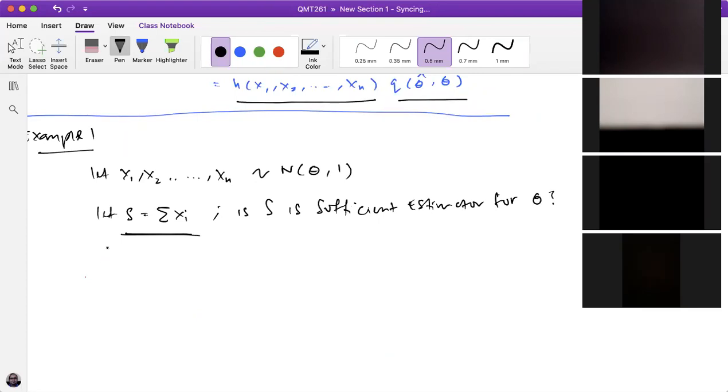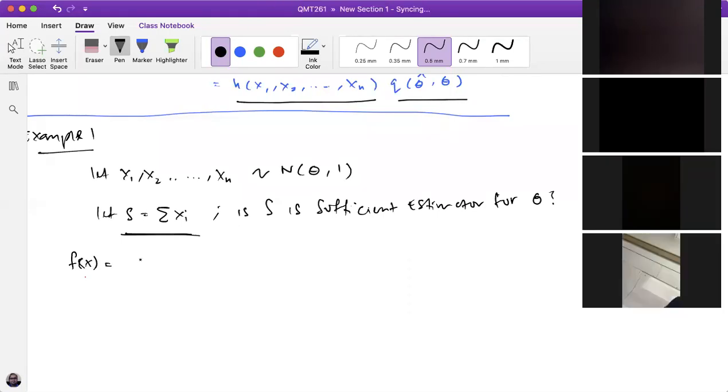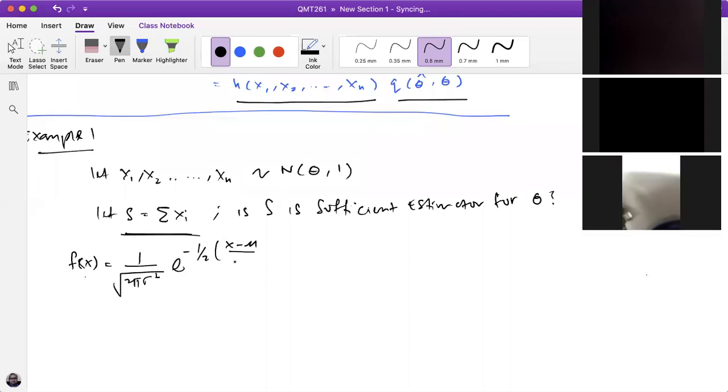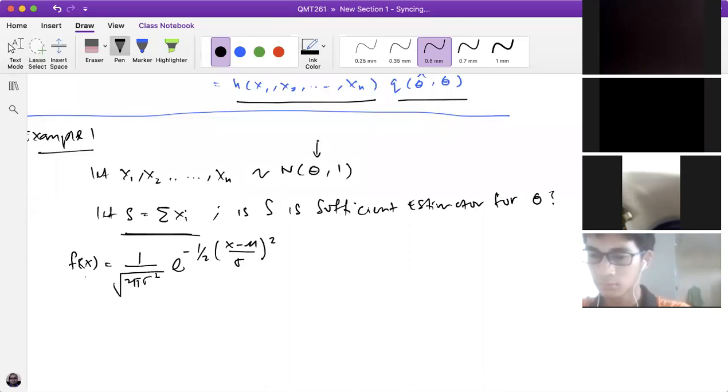Right. So first step, what we need to do is find the PDF function for the normal distribution. The PDF function for the normal distribution is 1 over the square root of 2 pi sigma squared, exponential negative 1 over 2 times x minus mu divided by sigma, squared. Since we replace the mu value with theta, it becomes